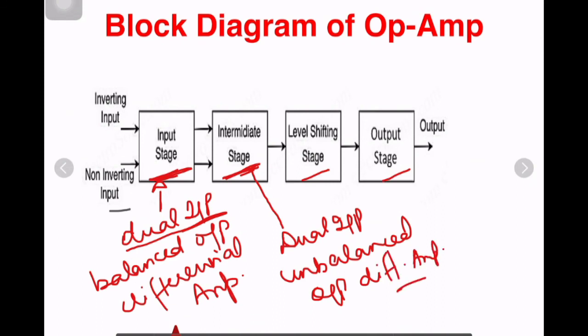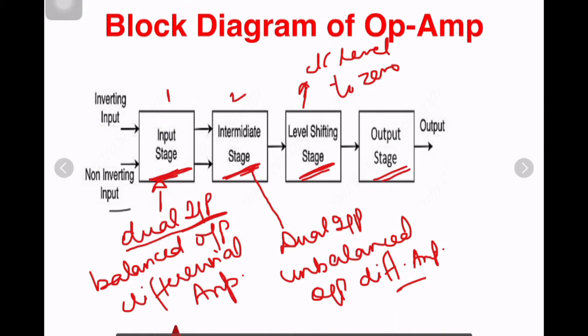right? So the third stage is a level shifting stage. Due to the direct coupling used between the first stage and the second stage, the input of the level shifting stage is an amplified signal with some non-zero DC level, meaning a DC value is also there. So the level shifting stage is used to bring that DC level to 0 volts with respect to ground.